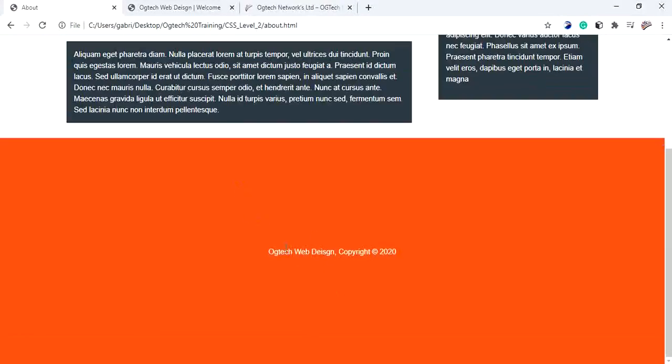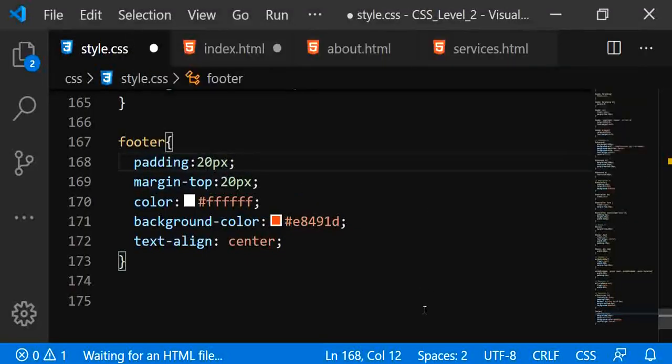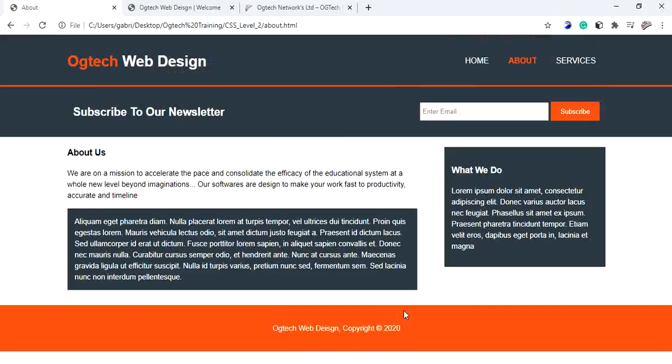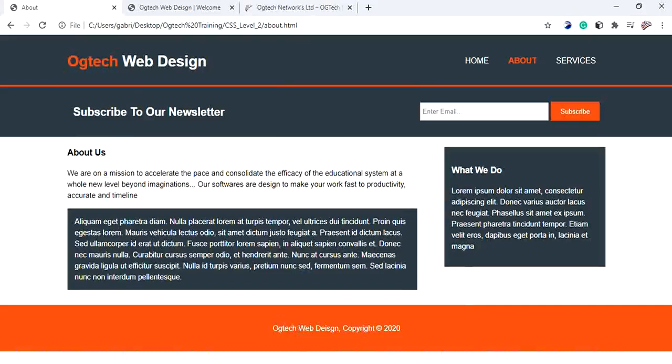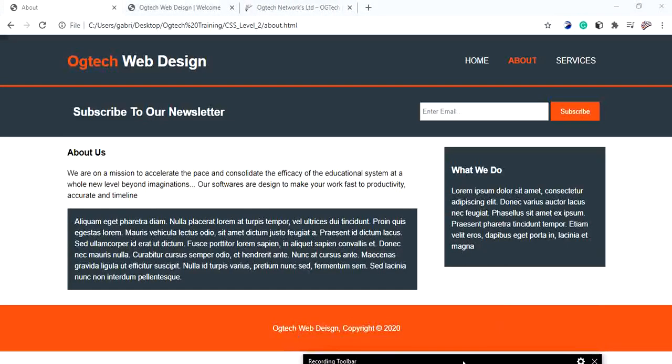Can you see? Meaning, give me a 200 pixel gap from the top to the image and to the text, and a 200 pixel gap from the image to the button. Is it working? It's working. Let's just undo it, because no one will ever do stuff like that. So if we refresh this again, everything is back to normal, because we have returned it to 20 pixels. The text is centralized. So thank you, everyone. We have come to the end of our 3-page